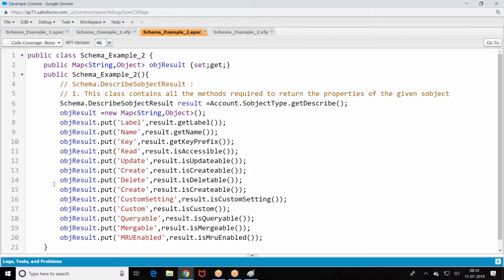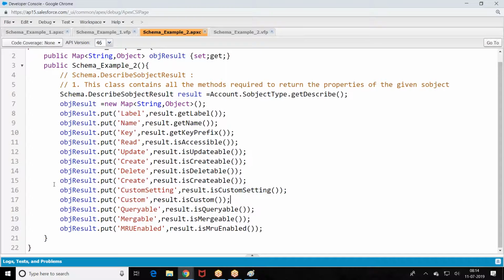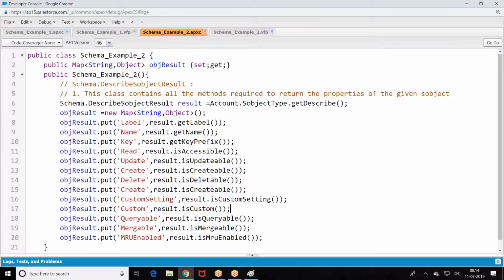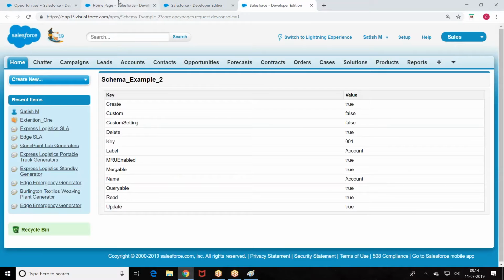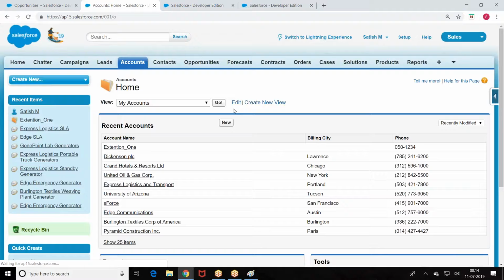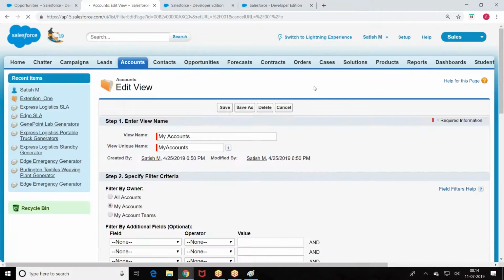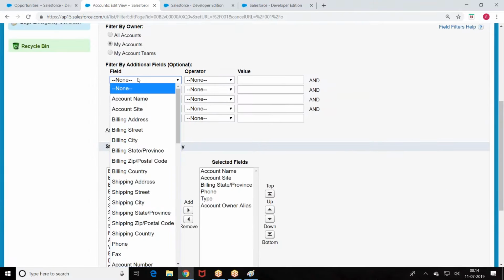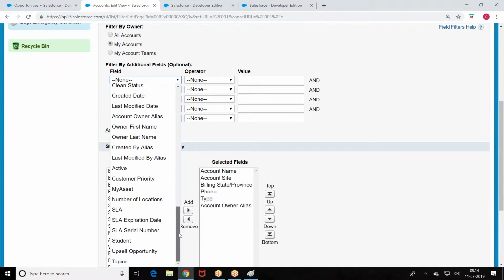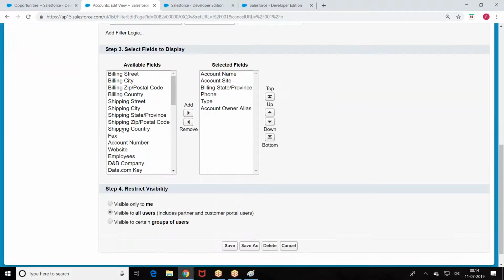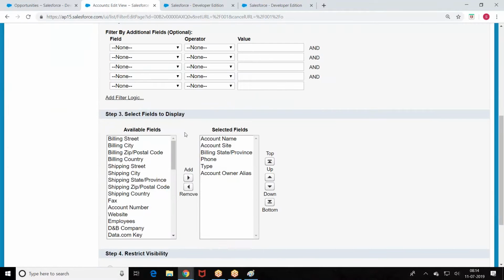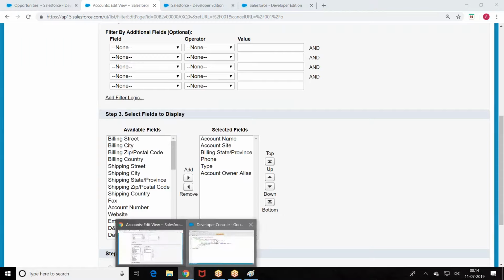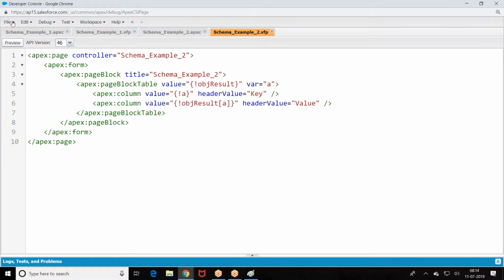Next, if you give me the object name, I want to get the corresponding fields of the object. Now where can I use it? Look at this point. When I click on the account edit, how are you getting these fields here? Using schema programming. When I select the account, the fields are fetched and displayed. What is this called? Schema programming. So how do you get the list of fields based on the object?